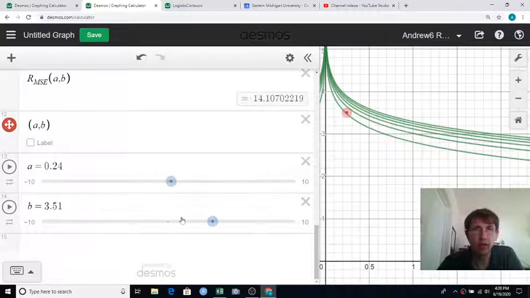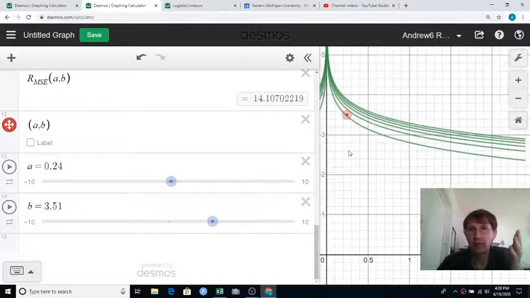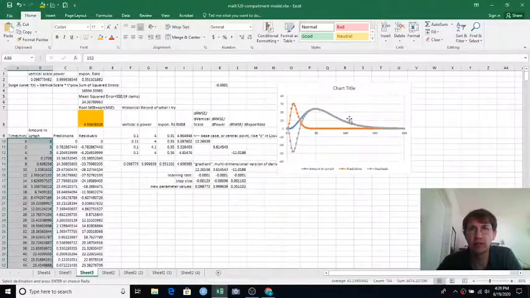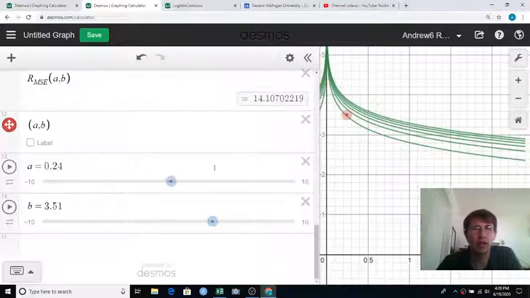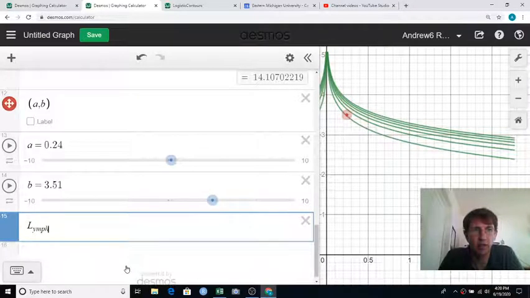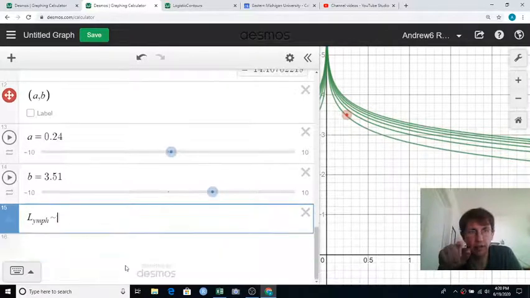So it'd be nice to know a better fit. Like our fit right now was not very good, right? If we look back at what it was in Excel, that's still not a great fit. Desmos has a way of doing the fitting for us that's really interesting. We can say, I want to model the lymph, and instead of an equal sign here, I hit tab just to get out of the subscript. Instead of an equals, I'm going to hit a tilde, which kind of means approximately equals,